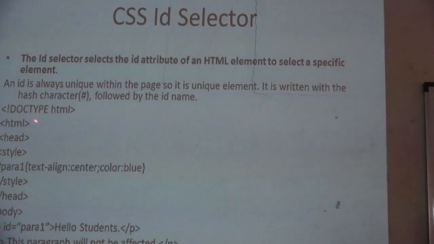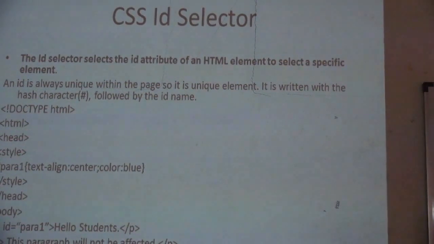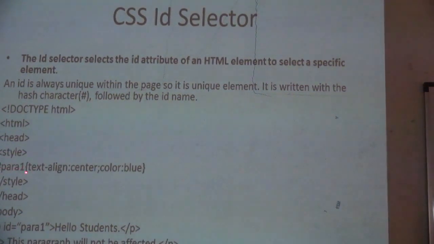So again the format or syntax: HTML, head, style, and this is our actual ID coding. Okay, #para1, this is the ID selector, and this is called the ID name.